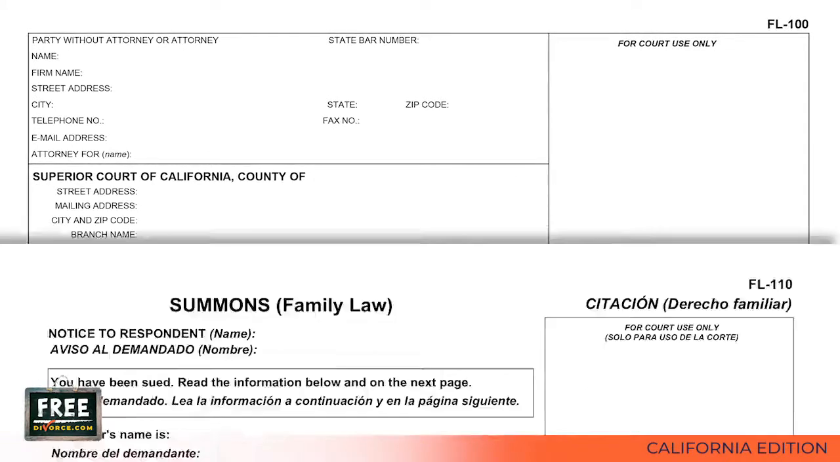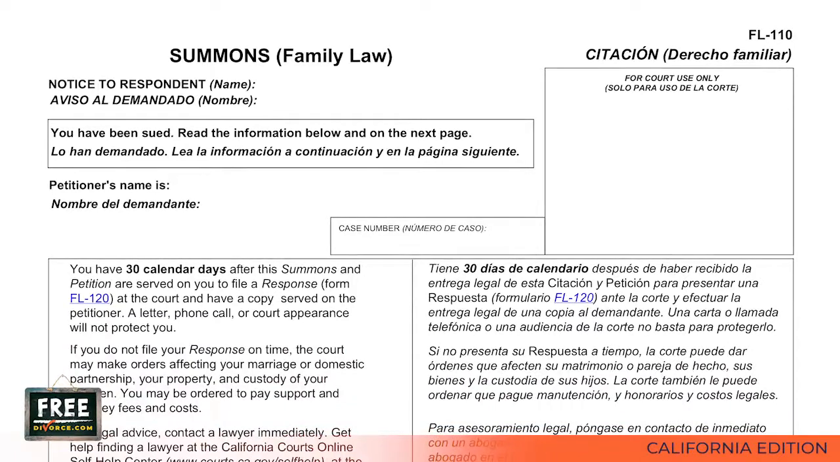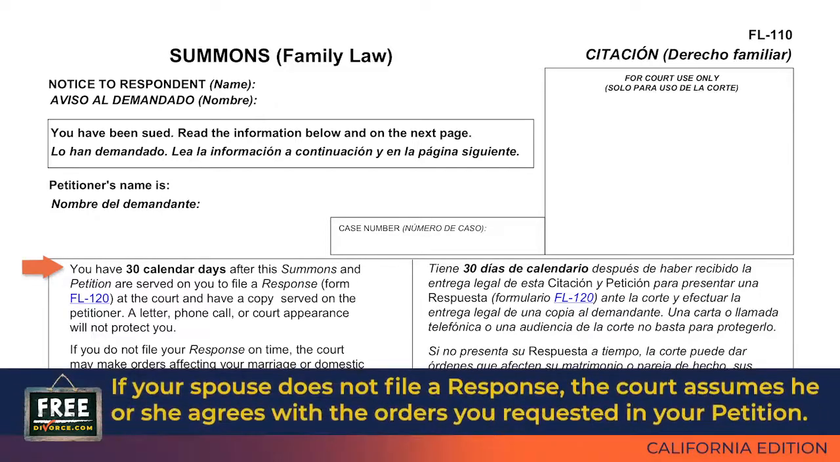When you serve someone with a summons and petition, the summons tells that person they have 30 days in which to file a response with the court. A typical divorce petition tells the person, in very general terms, what kinds of orders you want the court to issue for child custody, child support, spousal support, and the division of property. If your spouse receives a copy of your petition and does not file a response, which is FL120, within the 30-day time limit, the court assumes your spouse agrees with all of the court orders you are requesting in your